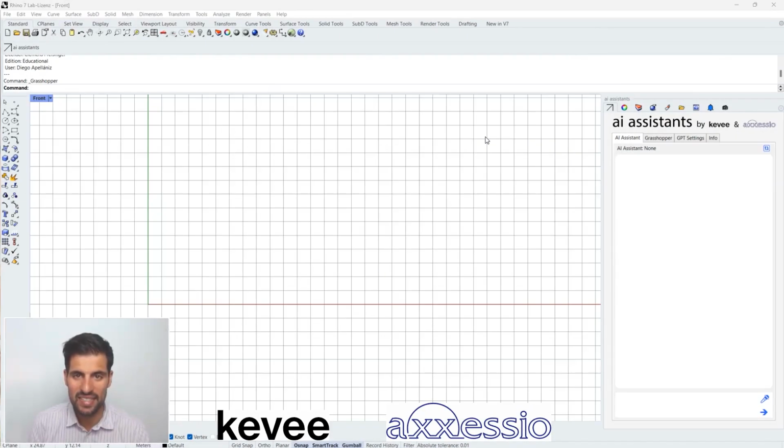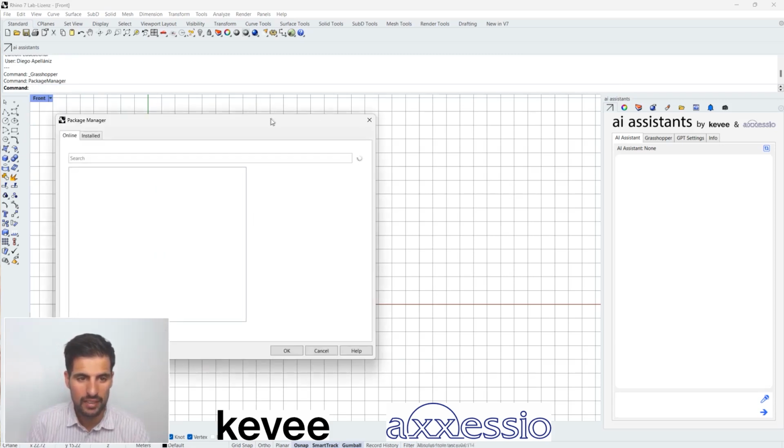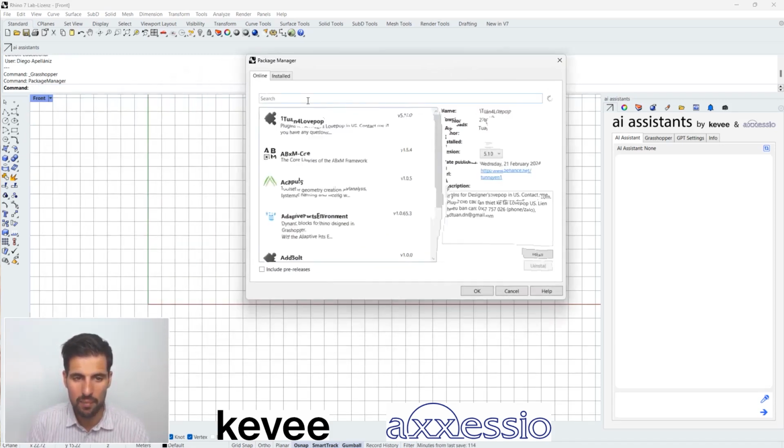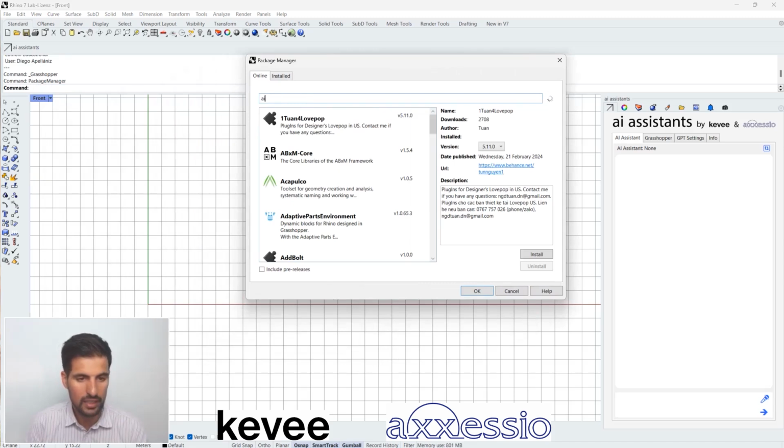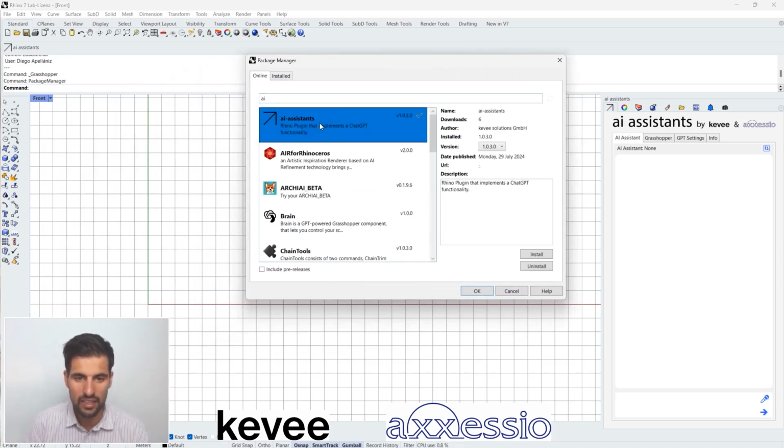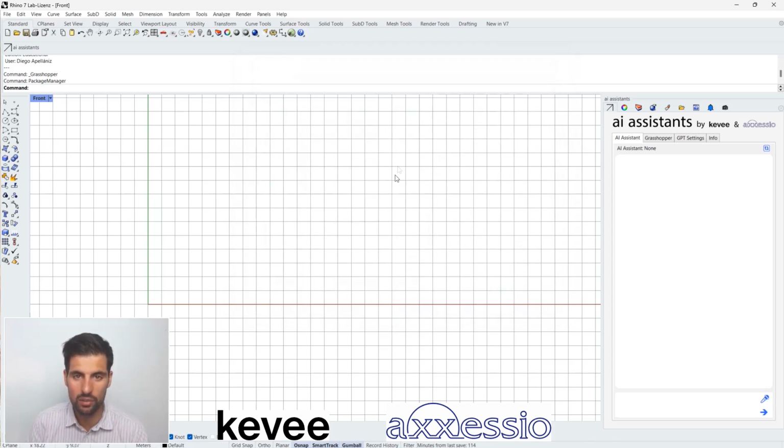So first things first, let's see how to install this tool. In order to do that, you just need to open Rhino. The tool works for both Rhino 7 and Rhino 8, and then you need to open the package manager. And in the package manager, basically, you just have to type in AI, and then you will see the AI Assistants plugin for Rhino, right? Then you click on install, and probably you may need to restart Rhino so that you see this toolbar here,